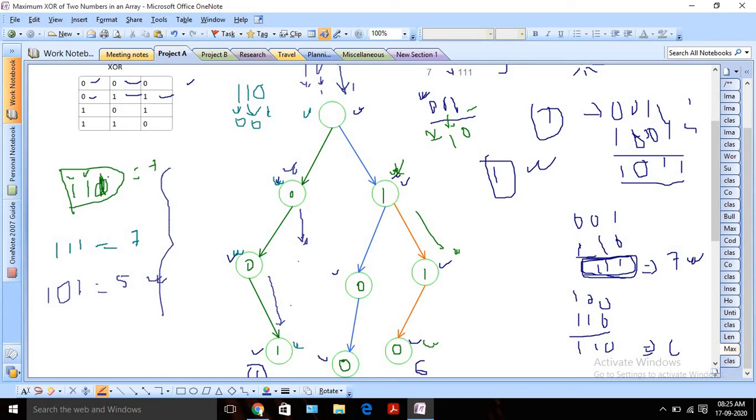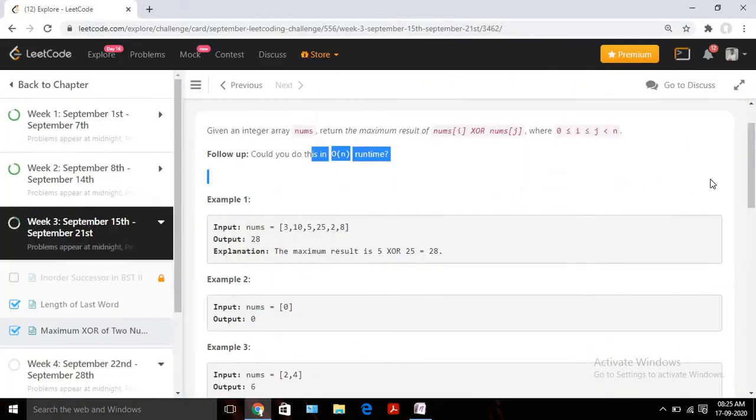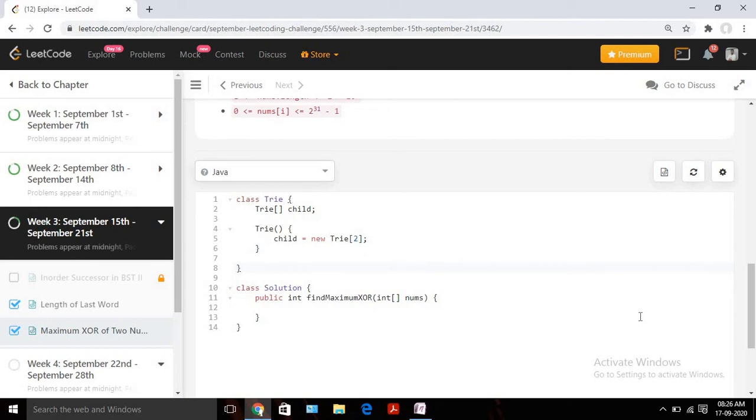So let's try to write the code for the same using Java. That will probably give us a much better understanding. Our first step is building the trie. So we can take one class called Trie, and in that we are going to store 2 values, right? One is for 0, another one is for 1. So I initialize my child with an array of 2, because in all possible combinations we are going to store at most 2 nodes, either 0 or 1. So this is our trie definition.